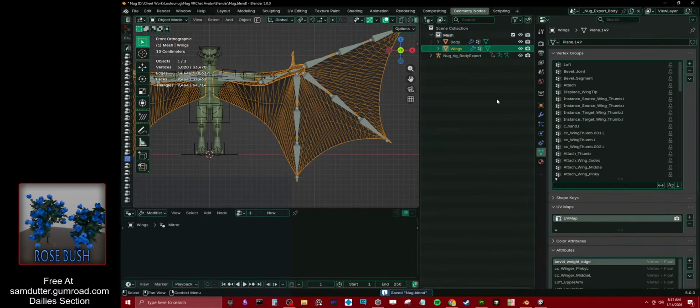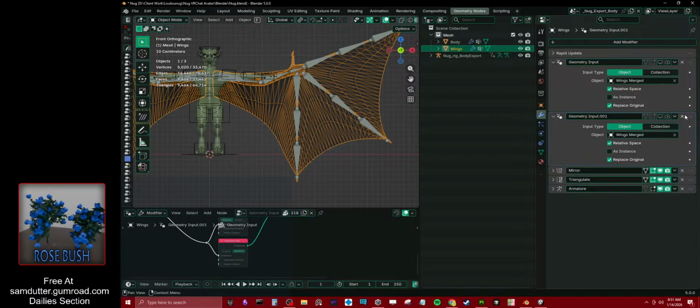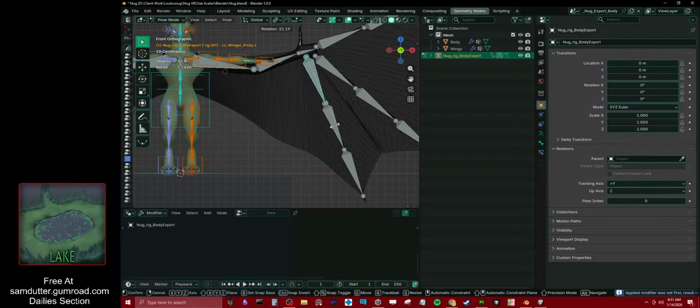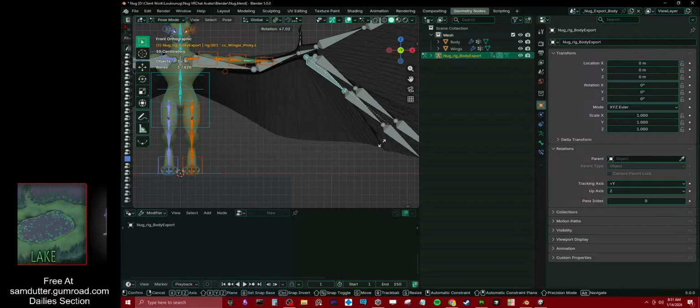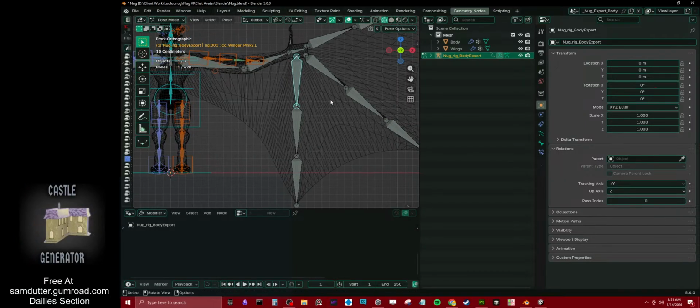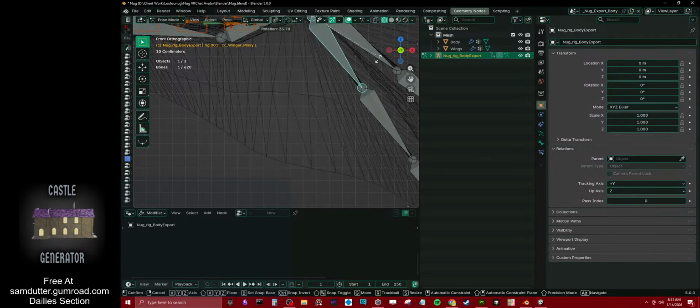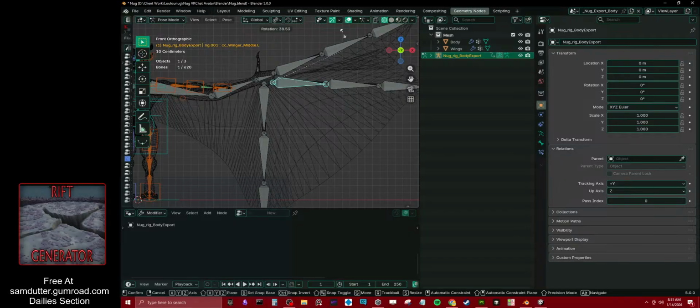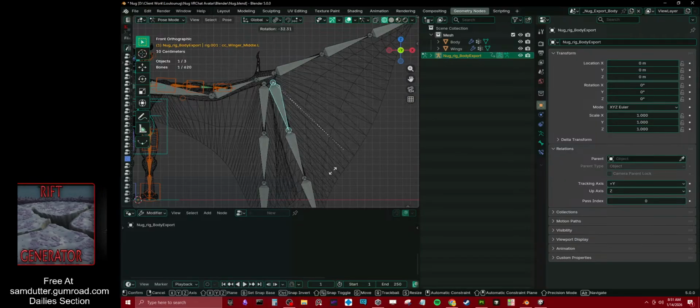Back to the body. It helped, yay! That's why we do the geonodes. See how easy that was? It was actually easy. And I think we need to do